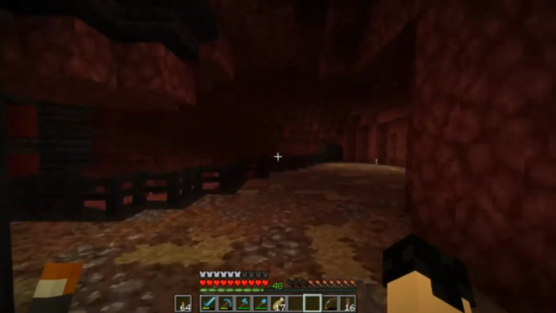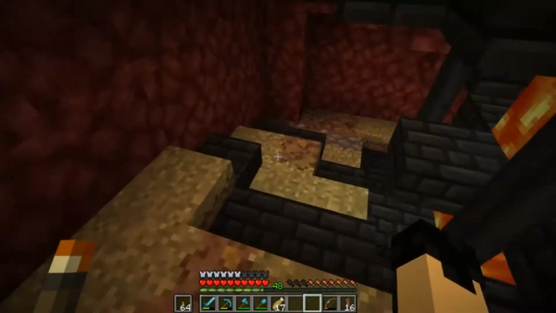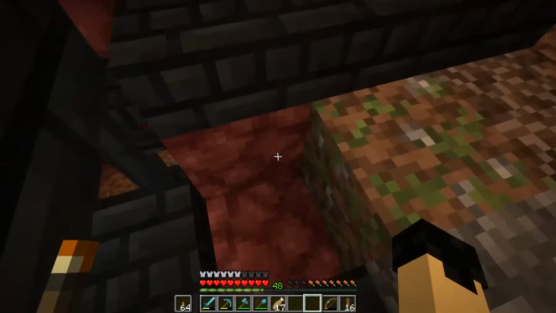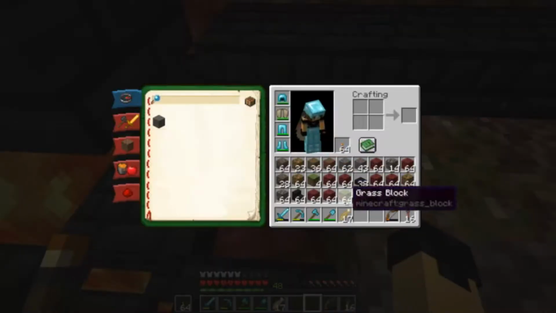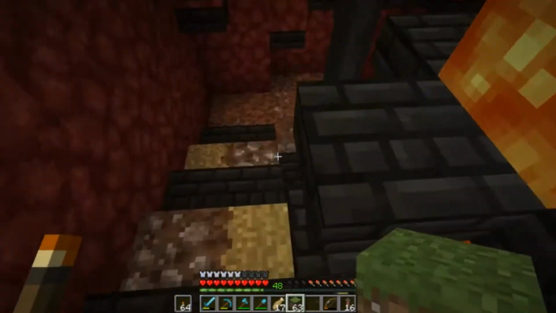I tried playing around with, it's actually something that, if we go back down here really quick. Oop, I missed a block there. What do we want to put here? Grass. Grass. I mean, it doesn't really matter, so long as...